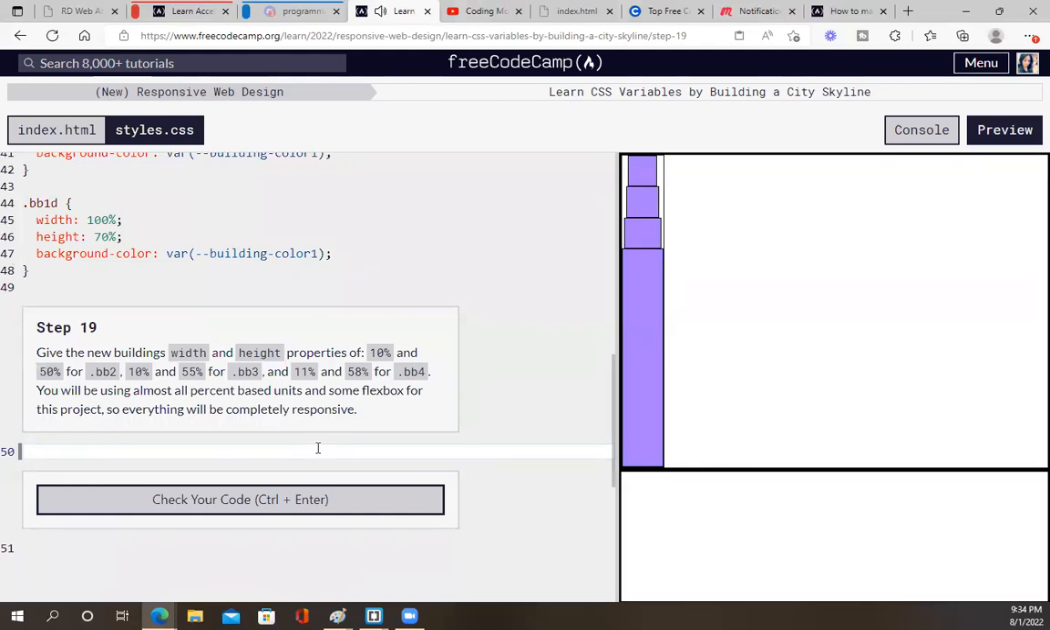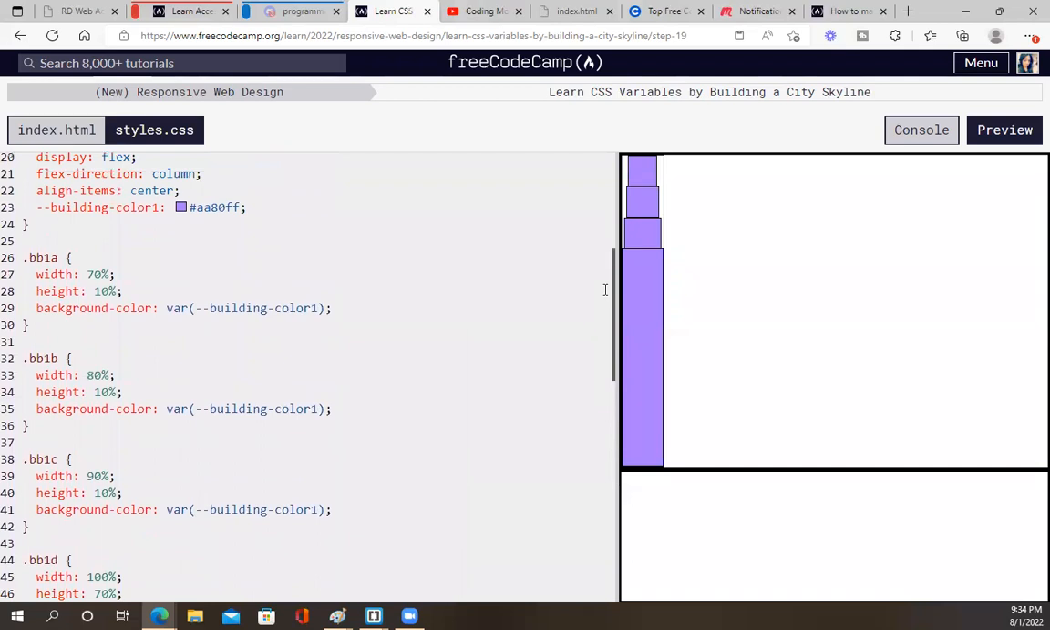Give the new buildings width and height properties of blah, blah, blah. You will be using almost all percent base units in some flexbox for this project, so everything will be completely responsive. Okay, give the new buildings width. Okay, the new building. The new building is